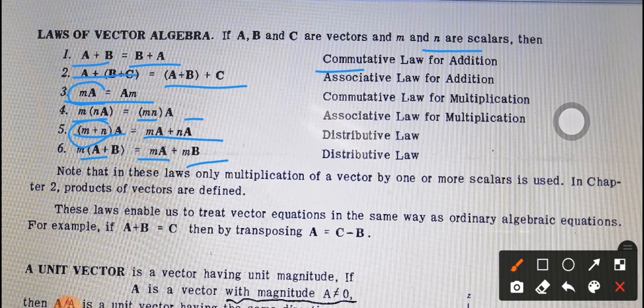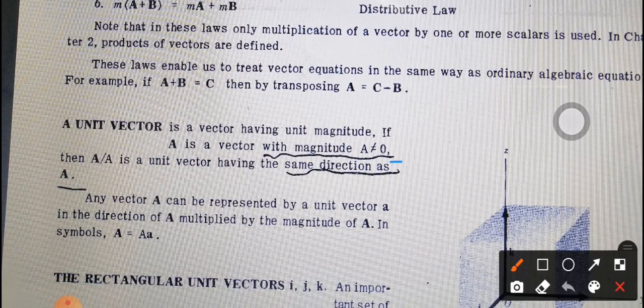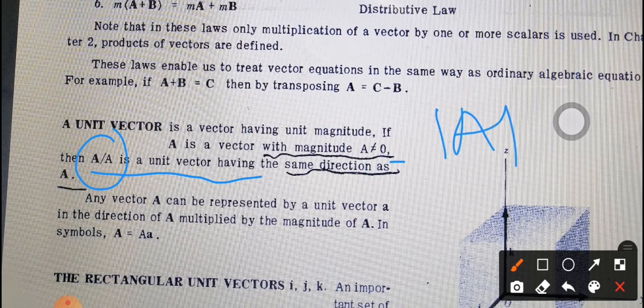Now we are going to discuss the unit vector. As we discussed, the null vector is a vector that has 0 magnitude. Similarly, a unit vector is a vector that has magnitude 1. If A is a vector with non-zero magnitude, then obviously A over mod A will be a unit vector, because we are just dividing the magnitude of A by the magnitude of A. So we get the magnitude 1, and the direction will be the same, as we are dividing by mod A, which is always positive. That's why there will be no effect on the direction.